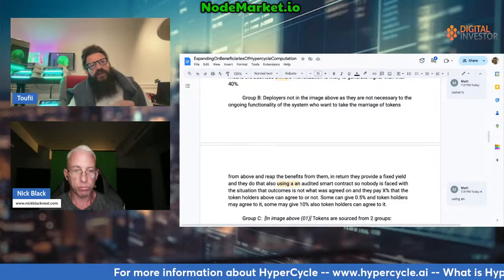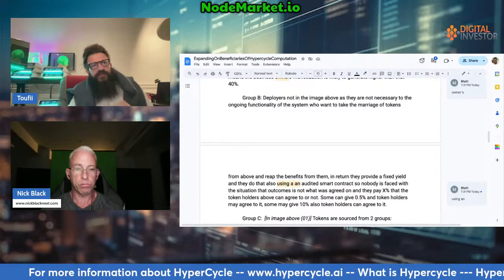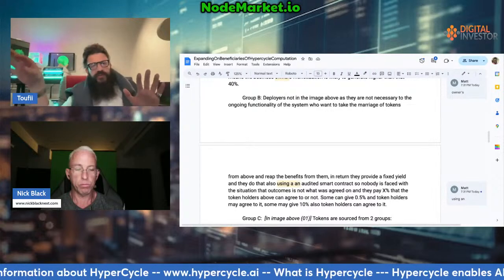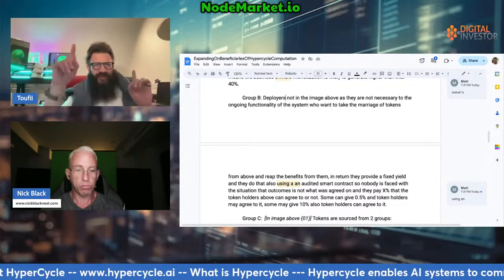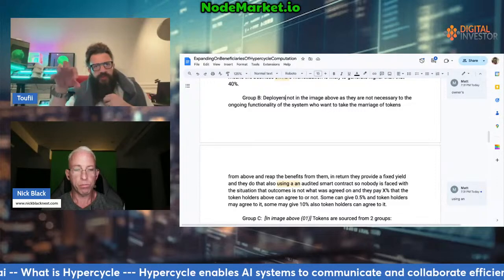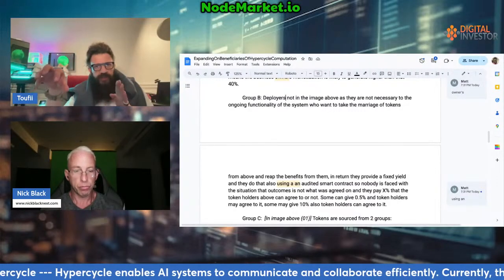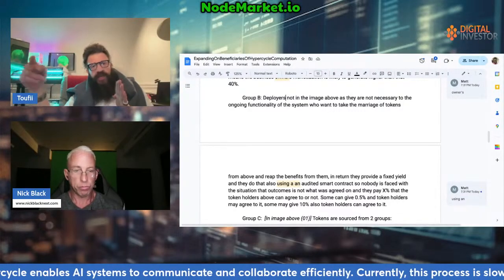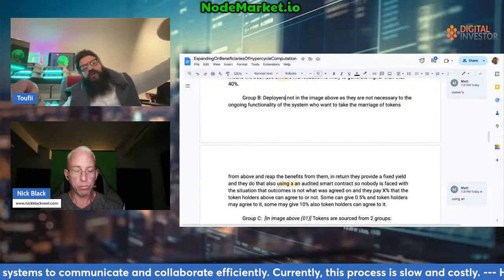And if they are at a loss, does that mean that our clients are at a loss? Well, the answer is no, because those are different deployers. They can have different deployers in the future, but that's not a good business. We all want those deployers to actually make loads of money, because they're going to come back for more, and their clients that are running OCR.